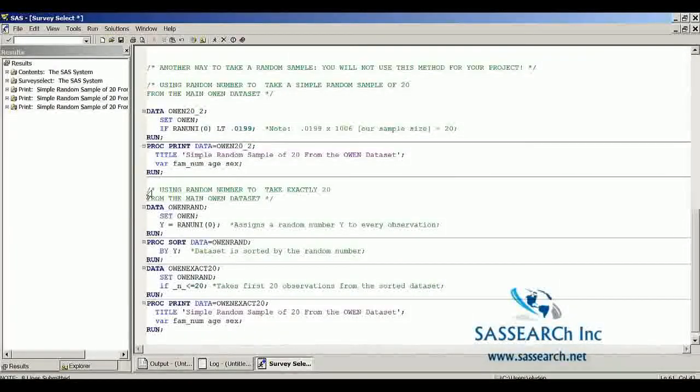Let's say that we wanted to generate a simple random sample from this larger data set that had exactly 20 observations. So the code is going to be slightly different for that. So here I'm now creating a data set called Owen Rand. I'm bringing in the data set Owen, and I'm creating a variable y which is equal to RANUNI of 0. Then I'm going to sort that data set by y. It's similar now to what we did with the example where I had the data set word 1 to word 9. I'm going to sort this 1,006 observations by this new variable y, which is a random number, and then I'm going to just select out those observations that were the first 20 read into this new data set Owen